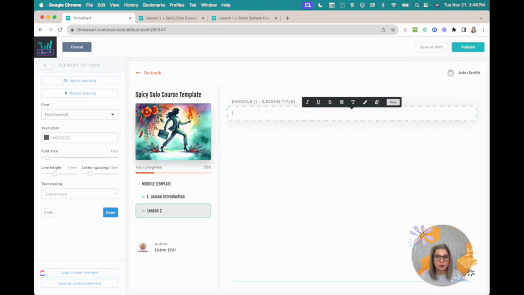Also give yourself a little code here. I like square brackets to say, replace this information, and then say what the information would be. So this would be like the module number and then a dash, and then lesson, and you want these in brackets, lesson number, and then maybe a colon, and then lesson title, something like that,